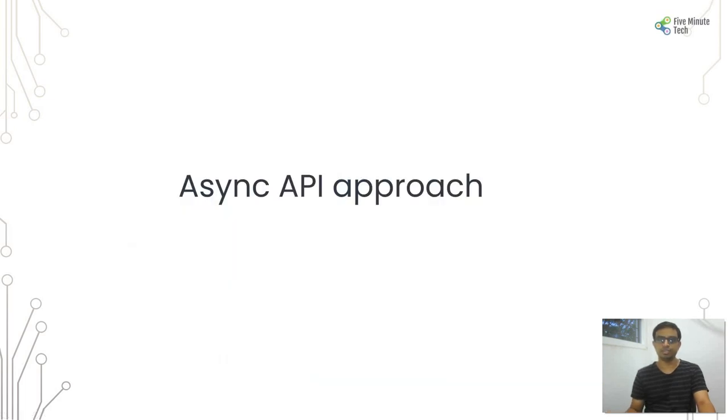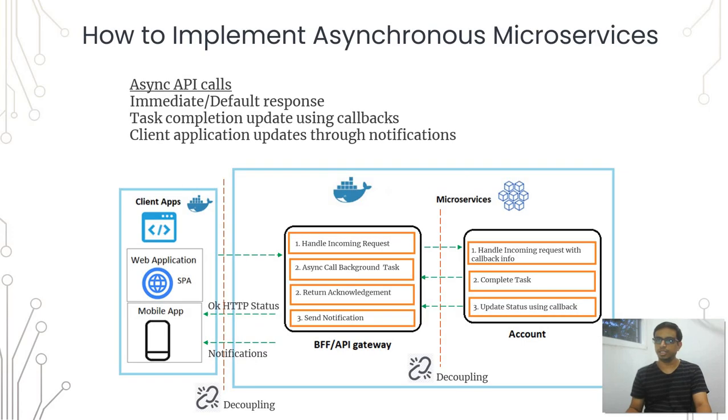Asynchronous microservices can be achieved through two approaches. One is the async API approach, where all you do is make your API asynchronous. We'll first see the async API approach and then move on to the event-based approach. In the async API approach, we give an immediate or default response to the client. So as soon as the client sends a request, we handle the incoming request and pass it to the responsible